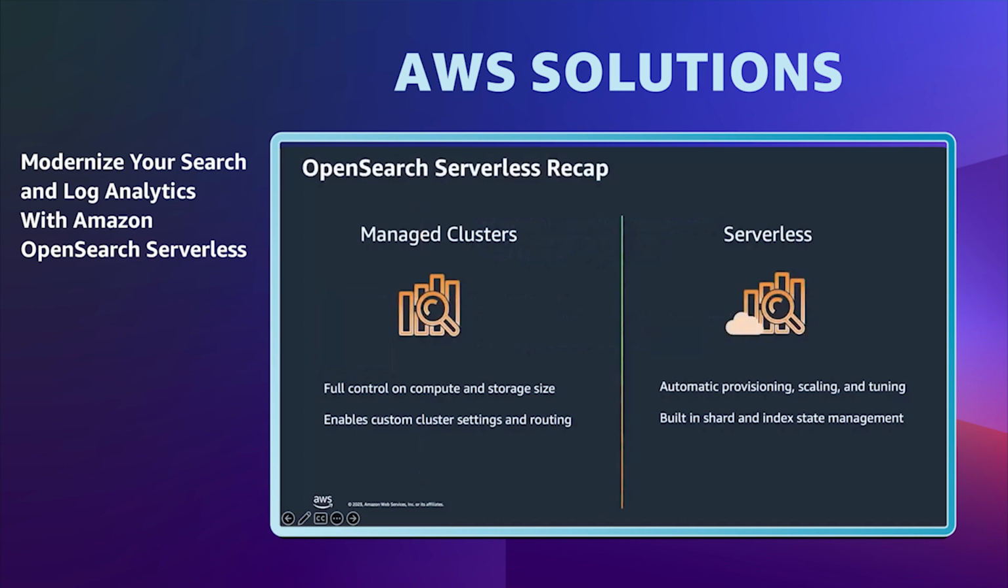So, a quick recap. How do I choose whether I should go with the managed cluster or serverless? If you want full control over sizing, defining the capacity, and choosing the instance type and storage, like EBS or instance storage, then you can go with the OpenSearch service. Also, with the service, you have the flexibility to tune your index and shard management, along with any customization you might need from a settings perspective, such as the routing, changing the cluster settings,